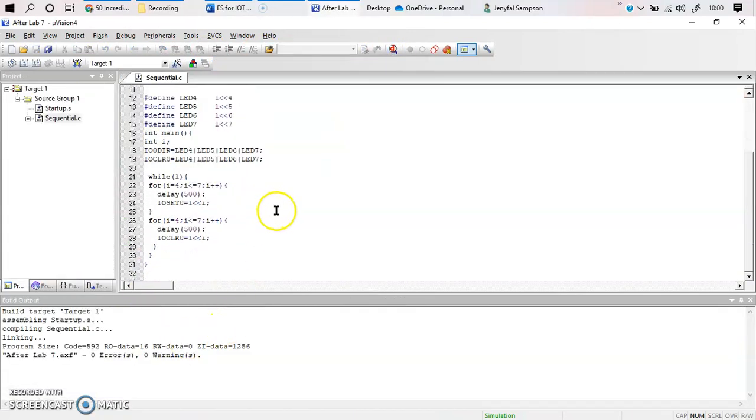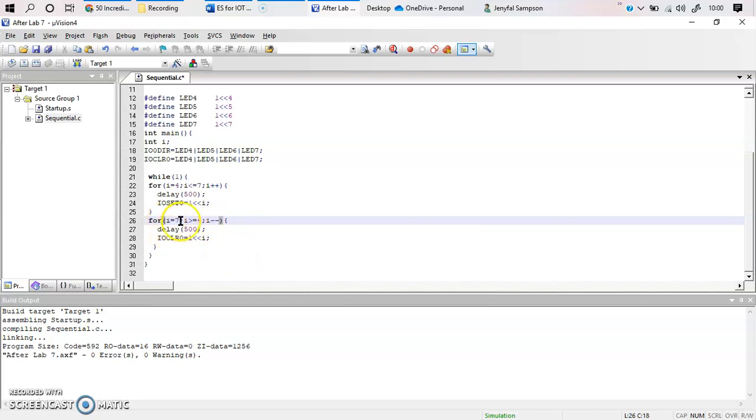Okay, I hope you have given it a try. If you have found the answer, it is well and good. If you have not, this is the solution, which is quite simple. You just need to give the value of I equal to 7 over here, and make sure that the I value over here is 4. And instead of I less than or equal to 4, the condition is that I greater than or equal to 4 is to be provided over here, and you're going to decrement the value with I minus minus.